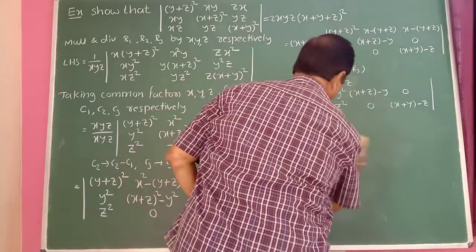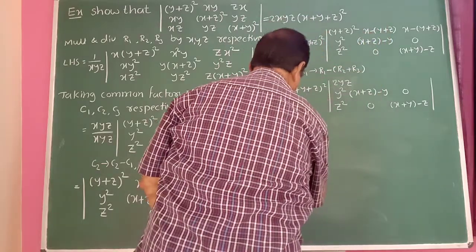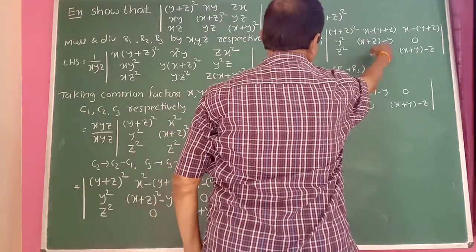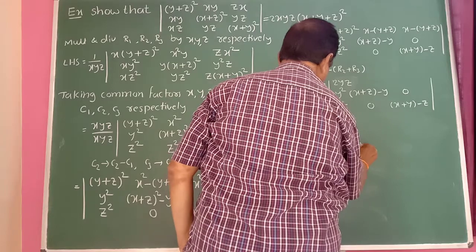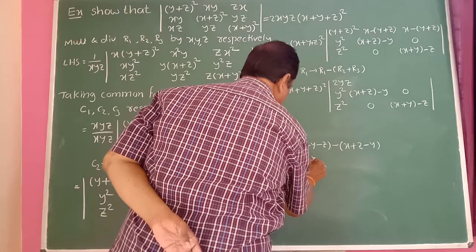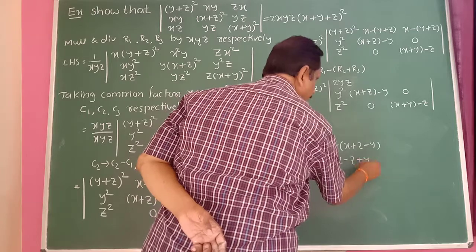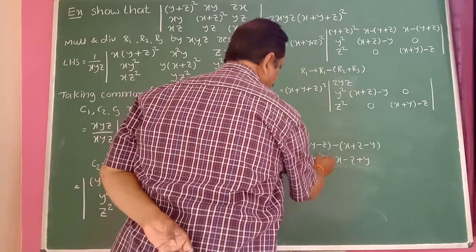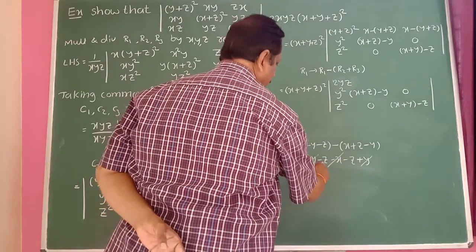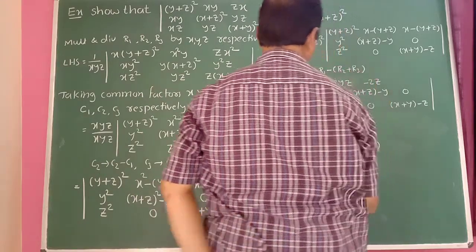Okay. Then here this minus the sum of these two, means this minus this. Therefore x minus y minus z minus (x plus z minus y). Take a minus inside the bracket: x minus y minus z minus x minus z plus y. Then minus y plus y cancels, plus x minus x cancels, minus z minus z is minus 2z. It is minus 2z.